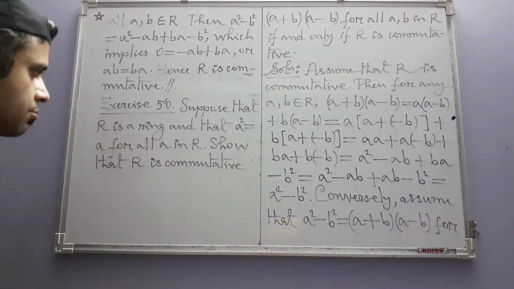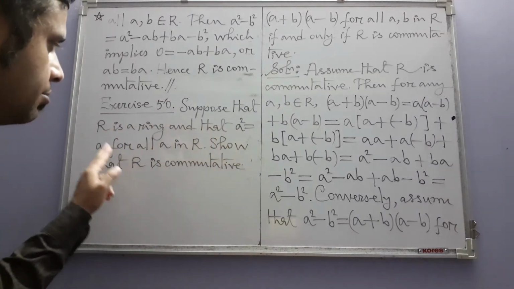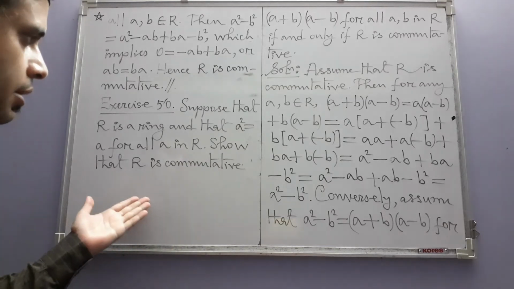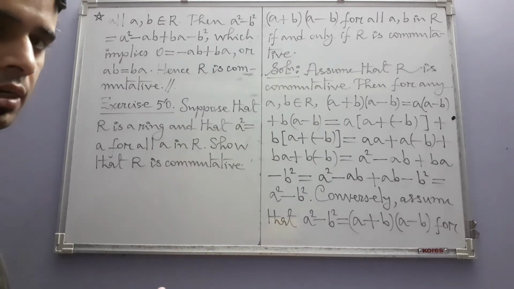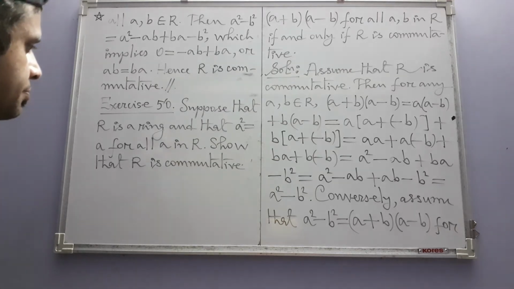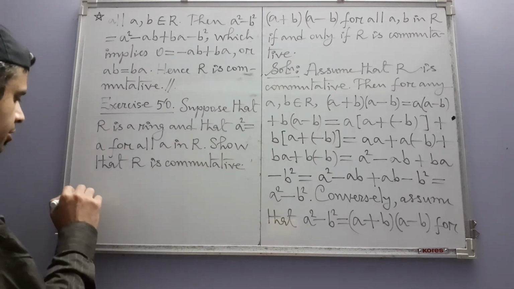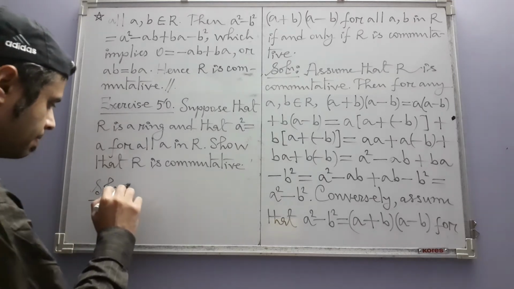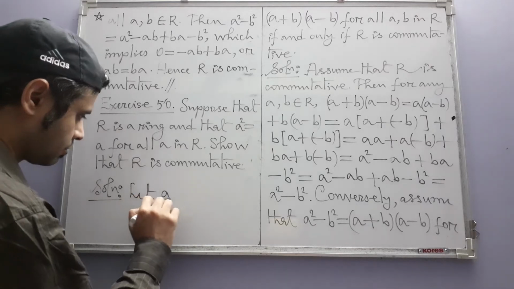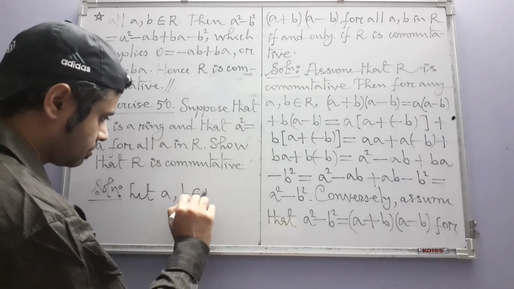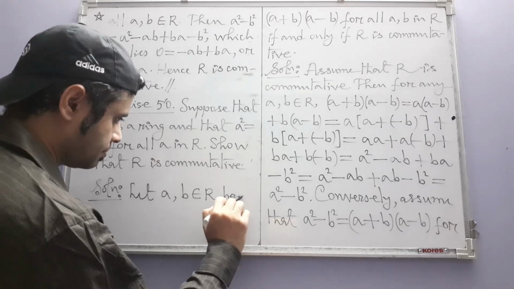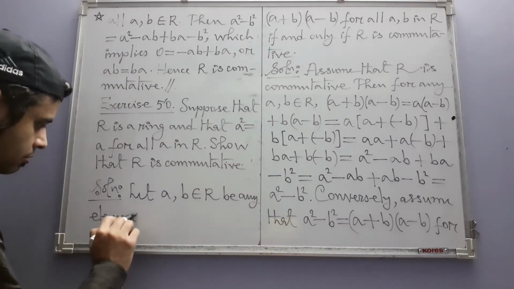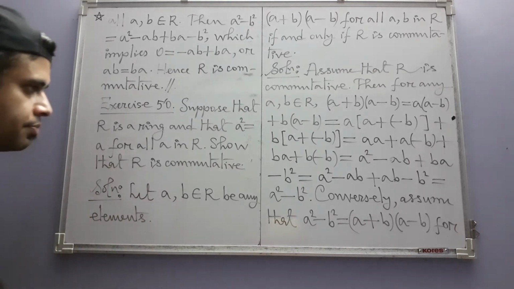This type of rings, where the square of any element is the element itself, are called Boolean rings. It's named after the English mathematician and logician George Boole, and they are always commutative. So now we are going to show that. Let A and B belonging to R be any elements, then